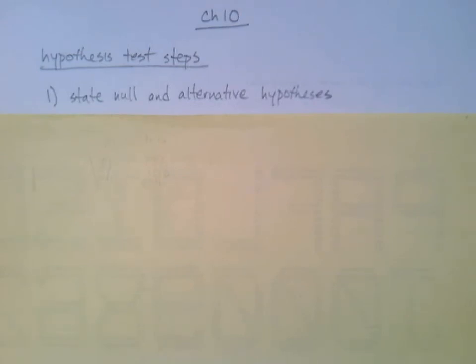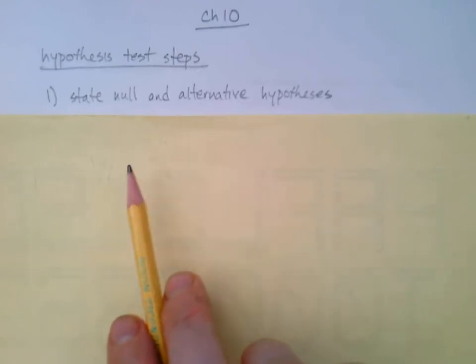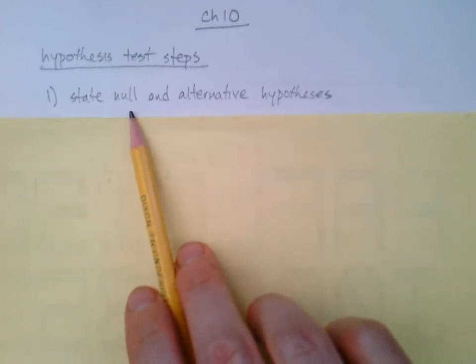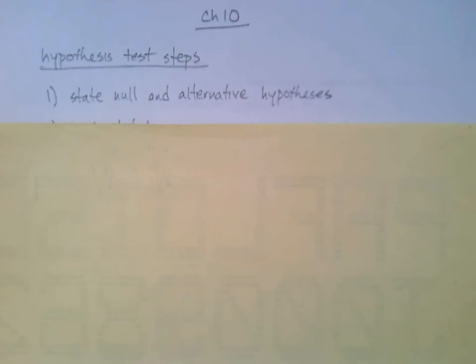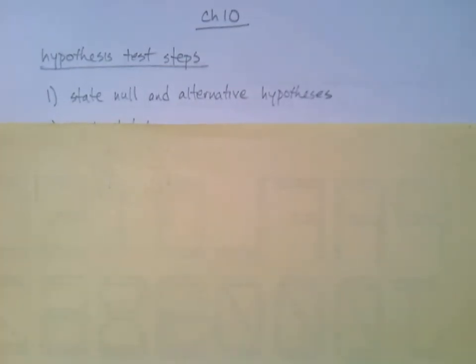We're going to assume they don't and try to find enough evidence that the null hypothesis is very likely false, and so we have this alternative to fall back on. Okay. Even in chapter 10, all the steps are still going to be the same. We just have